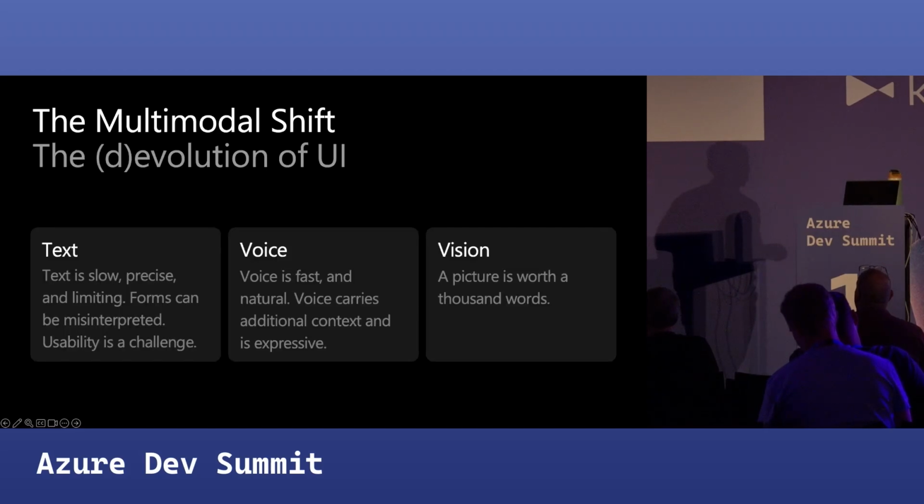So multimodal shift. I call this the de-evolution of UI because everything that we've been doing up to this point is very UI driven, right? Of course, yes, we do have Alexa. We used to have Cortana. Some of us have Siri. How many of us do talk to our devices? Okay. How many of us talk to the people around us?